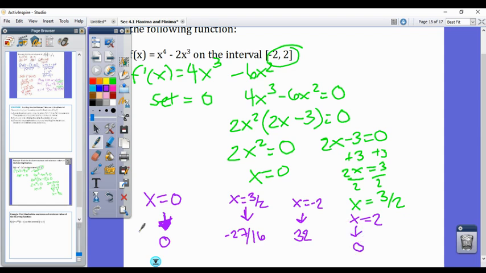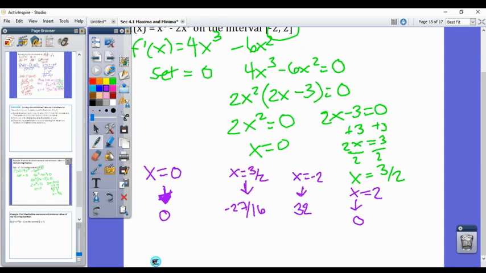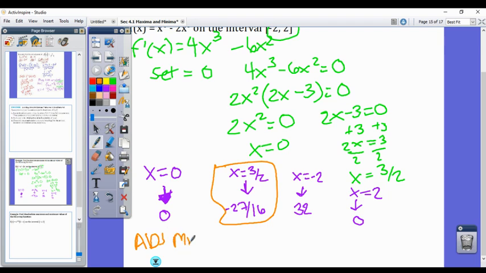Okay, so from here, what you're going to do is you're going to pick the biggest and the smallest, and that's going to be your absolute max and absolute min, respectively. Okay, so the smallest value is here. So the absolute min is going to be 3 over 2, negative 27 over 16. And then the biggest value is 32. So that means our absolute max